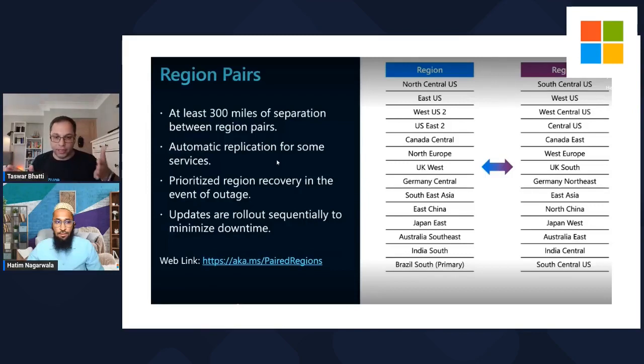And you can see from here, let's say I'll pick Canada Central. Canada is a pretty big country. Canada Central has one region, and actually the region pair is all the way in east of Canada. So it's pretty far away, 300 miles away from each other. India is a huge country too. There's a region in India South, and its region pair is India Central, which is quite far away in the center of it. So this is how automatic replication happens for our application.